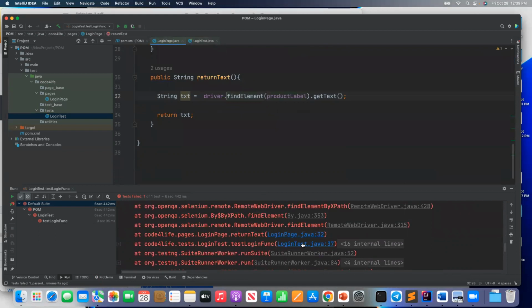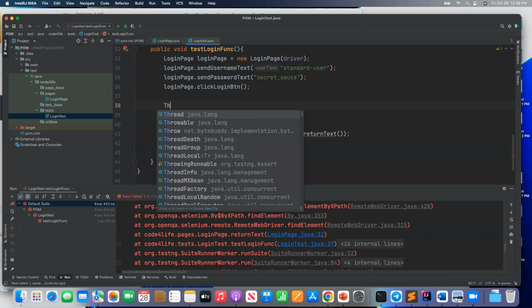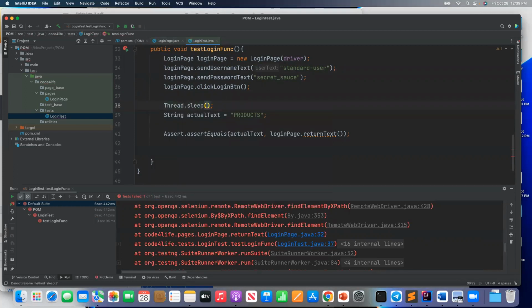Login page, it's probably okay. So it probably needs some wait, because after it logs in, it's pretty fast, and that's the reason it gets failed. Okay, Thread.sleep, and I'm going to add a 2-second wait, right? So let's add a 2-second wait,